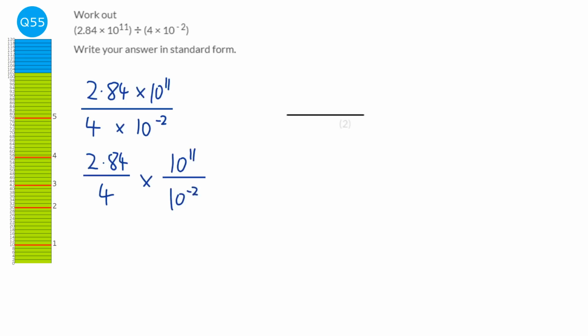Okay, so we're going to start by doing 2.84 divided by 4. So we're going to just do the bus stop method. So 4 on the outside, and we've got 2.84 on the inside. 4's into 2 don't go, so carry the 2 across. 4's into 28 go 7, and 4's into 4 go 1. So it's going to be